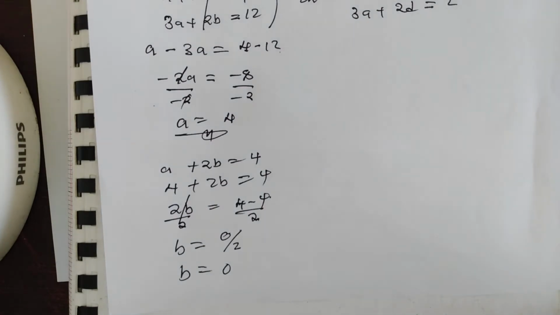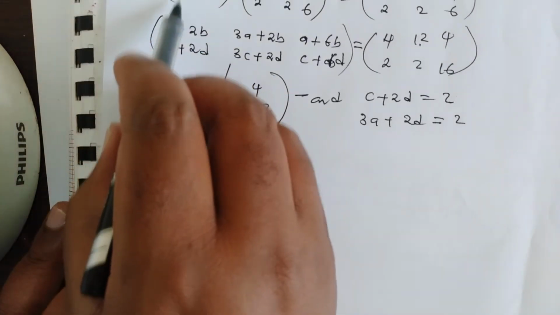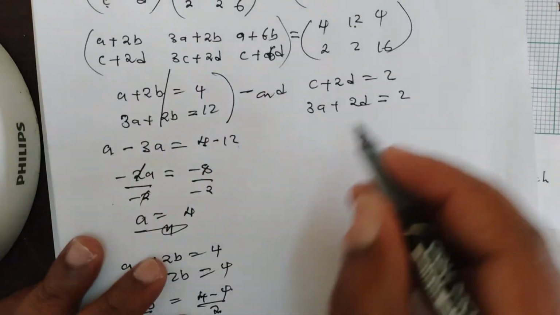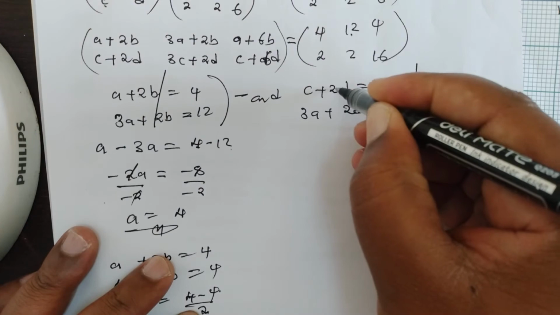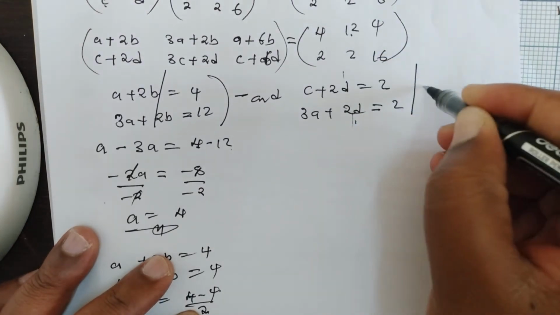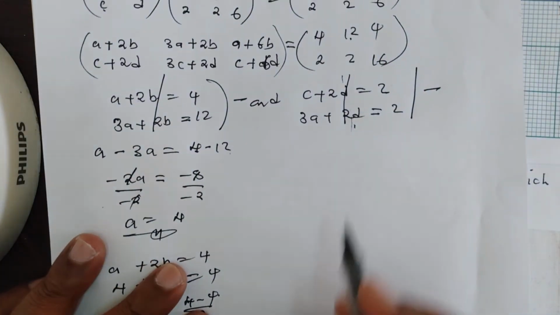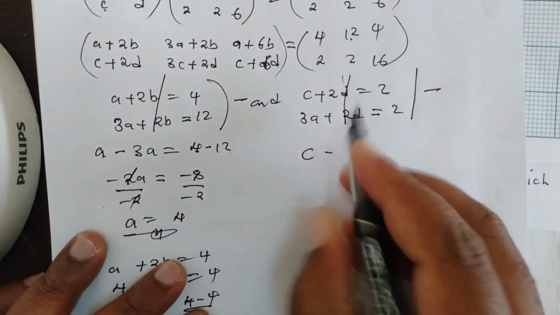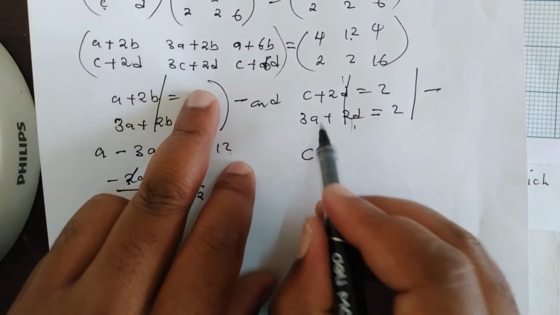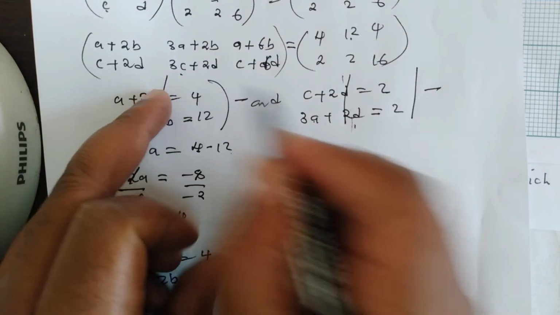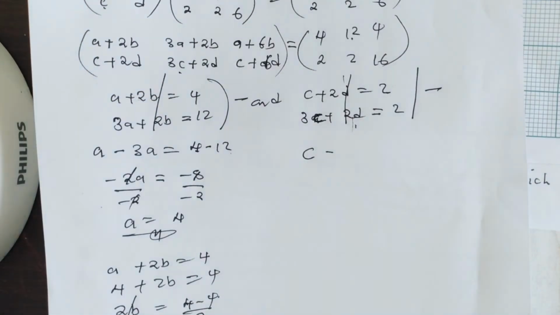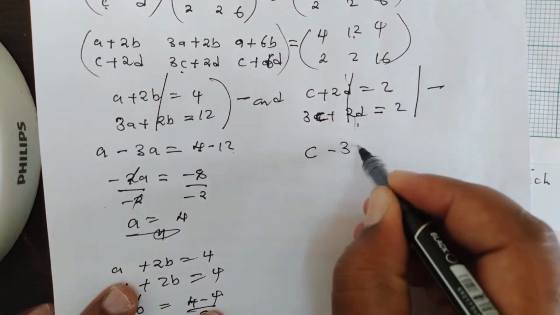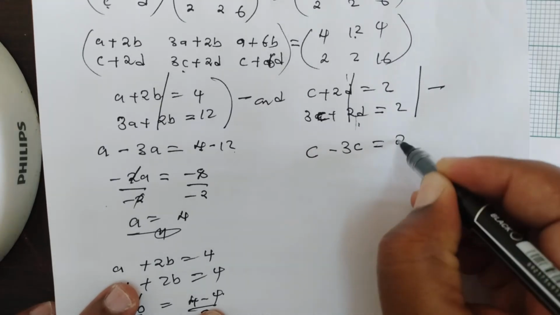So we can go to C and D so that this matrix is found. A, B, C, D. So A and B have been found. So we come here. Again, because these are the same, we can eliminate them. We subtract so that they cancel. Right? So you have got C minus. Take note here. This is not A, but C here. So here we need to put C. It's not A. Okay, so we are going to say C minus 3C is equal to 2 minus 2,